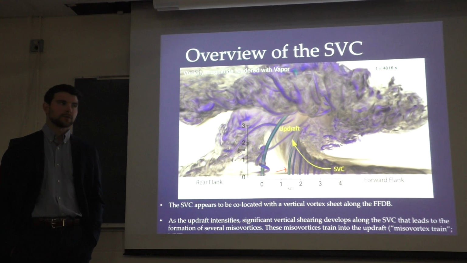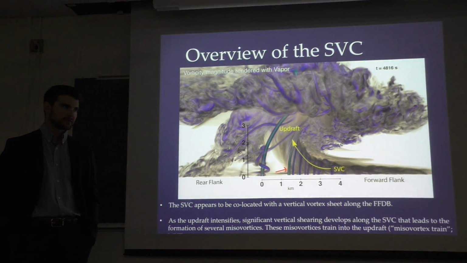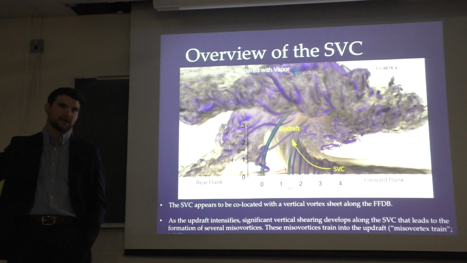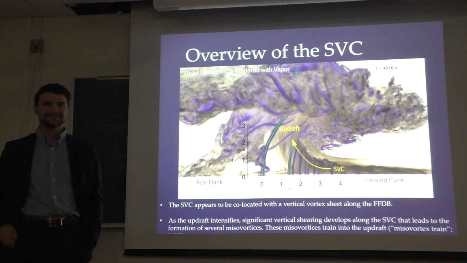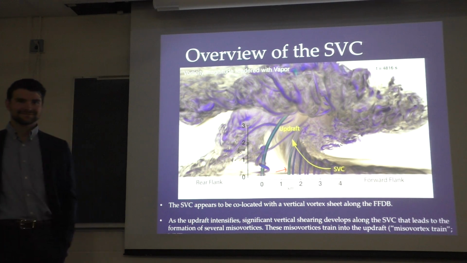No, that's a good point. I kind of got confused with the forward flank downdraft boundary thing myself, because you have all this other rain out here, but then why do we have this really strong gradient that just shoots up into the forward flank? Exactly. It's all in the microphysics. God, I don't want to go in there, but we're gonna have to at some point.